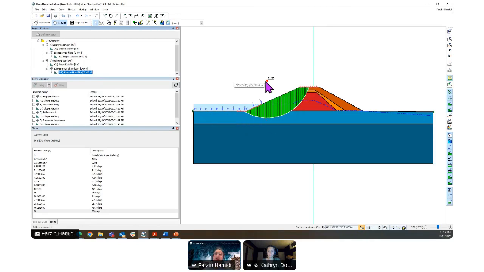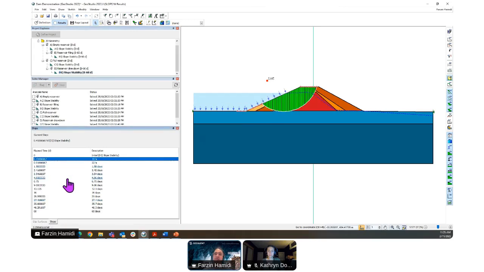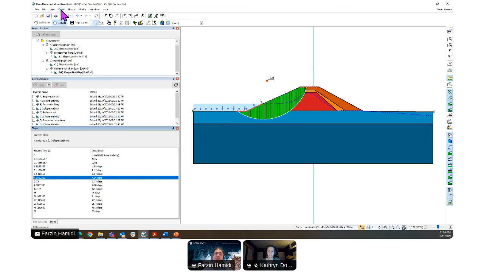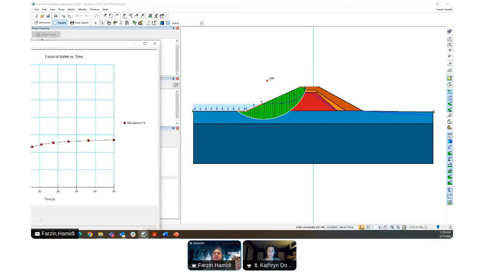We monitored exactly what happens when we start the condition, and once we reach the point that we hit the trigger, we can see this in a graph view as well. I'm just going to show you the graph view.